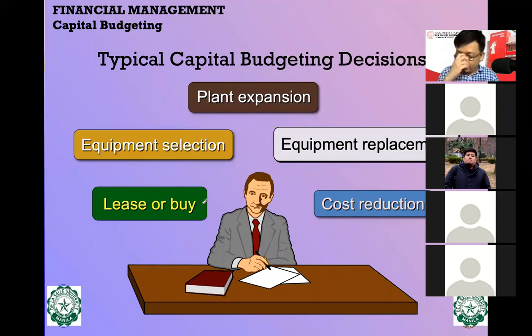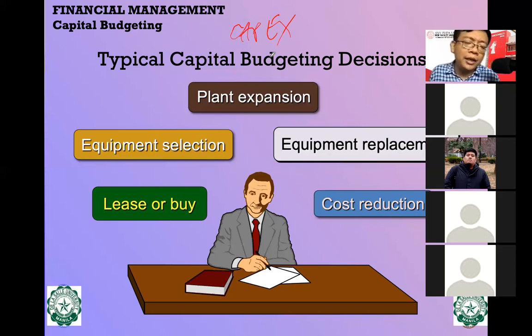Meron po siyang process in project proposals. Tapos may screening po ng capital budget committee. Tapos i-determine po ng BOD kung worthy ba yung project funding. Tapos saka po i-update. Very good, April. Meaning you listened to my discussion last Monday. CapEx involves a large amount of investment, kailangan may project proposals, kailangan approved by the board of directors.